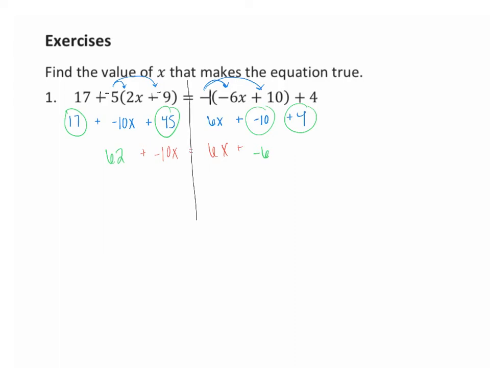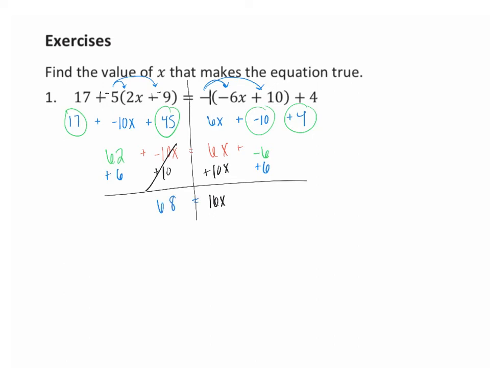Next thing I'm going to do is move my terms around so that my variables are with my variables, my constants are with my constants. I'm going to add 10x over here. Get rid of that negative sign for my x's. This becomes 16x. And I'm just going to do this in the same part. I'm also going to add the 6. So it goes to this side. 62 plus 6